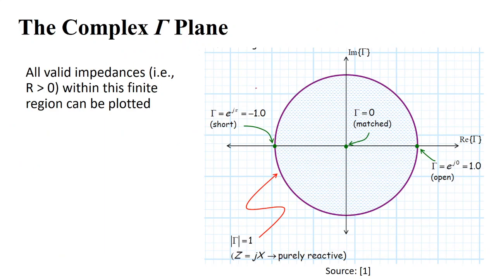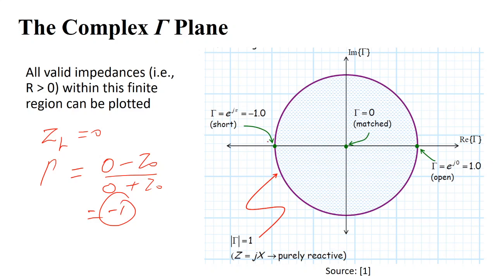Now mapping to a similar case for the reflection coefficient. When you have a short circuit line, ZL equals 0, then gamma equals (0 minus Z naught) over (0 plus Z naught), it will be minus 1. And what is minus 1? Minus 1, the magnitude is 1. So this will lie on this circle whose radius is 1. And minus means it is 1 e to the power j pi. So phase is pi. So this angle from here to here will be the pi angle. So this point will represent the short circuit line if the line impedance is short circuited.